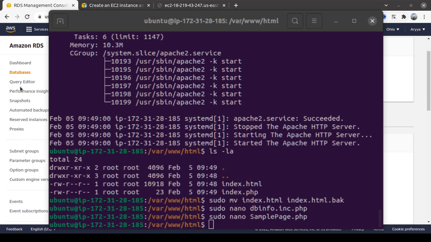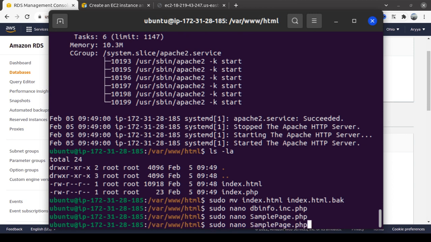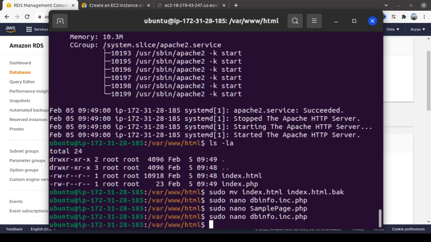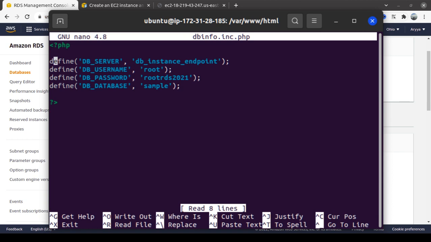Let's add the database information again.